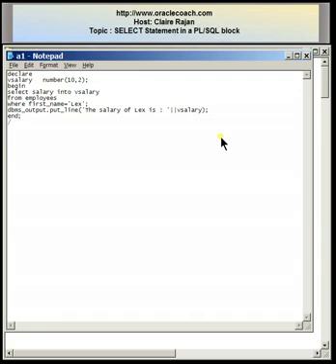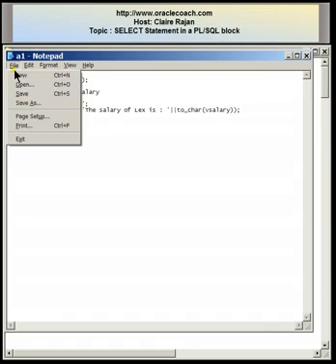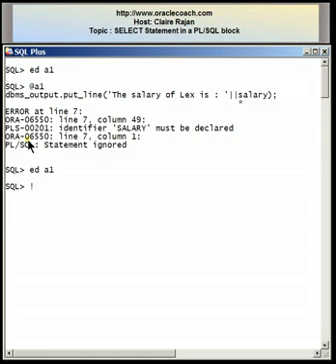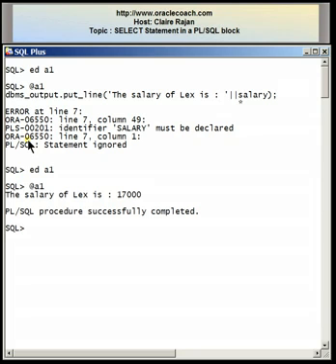So I'm introducing the variable as vSalary, and because I know it's a numeric value, I always like to include the TO_CHAR function. So it tells me that the salary of Lex is